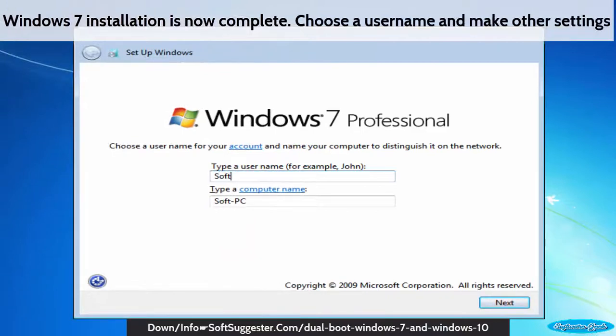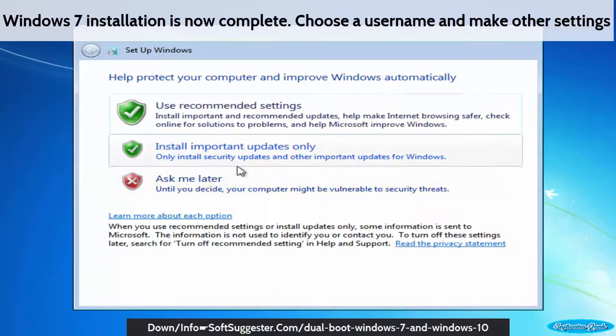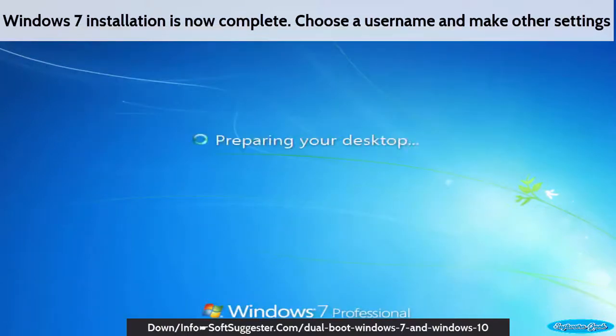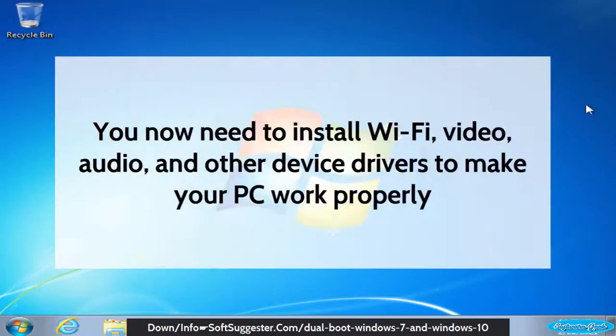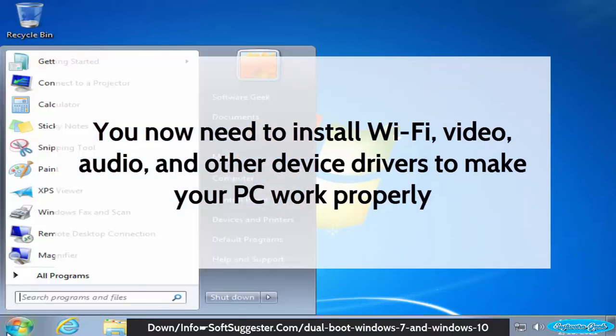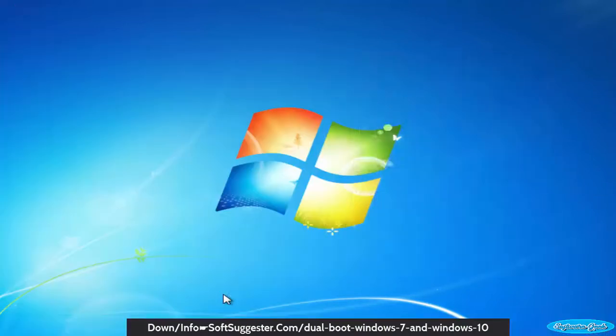Windows 7 installation is now complete. Choose a username, and make other settings. You now need to install Wi-Fi, video, audio, and other device drivers to make your PC work properly.